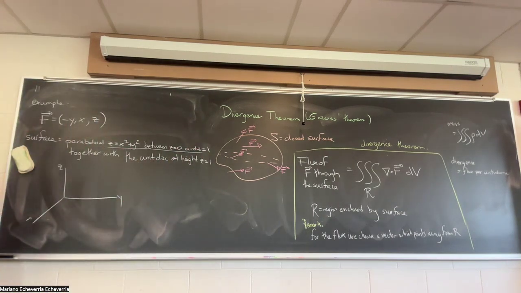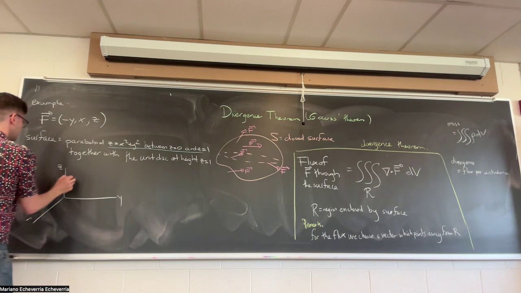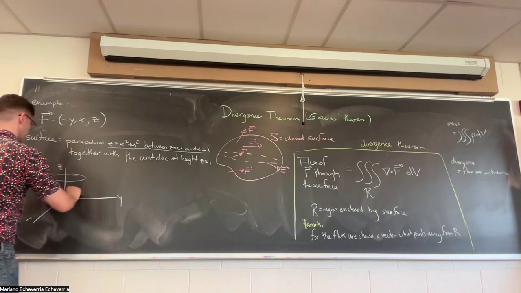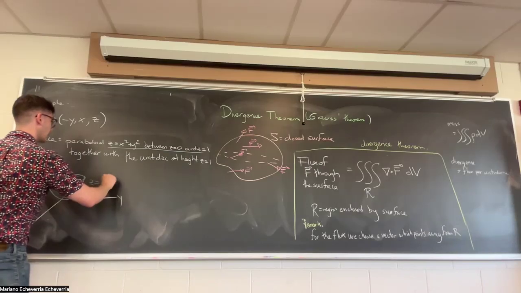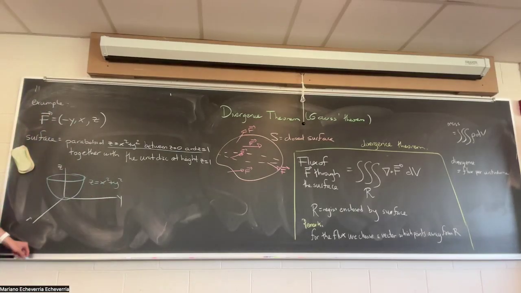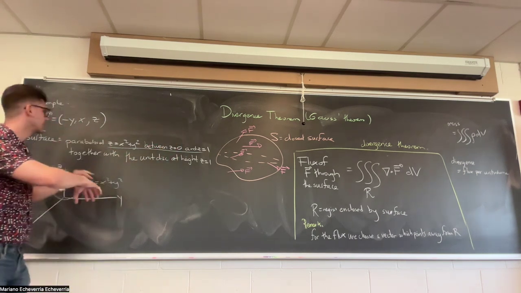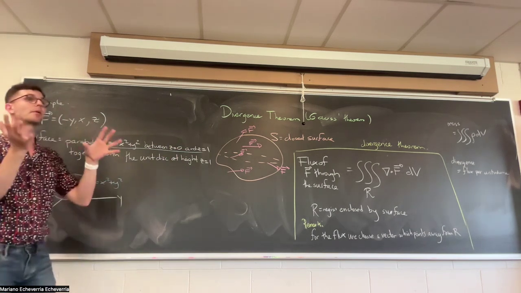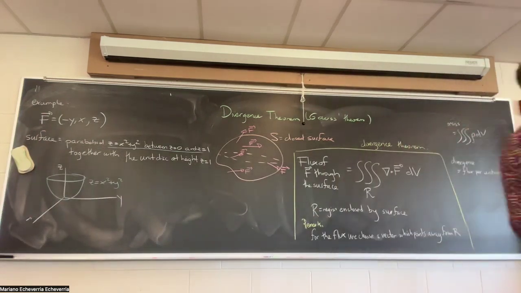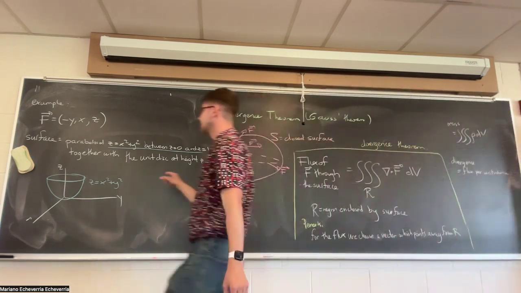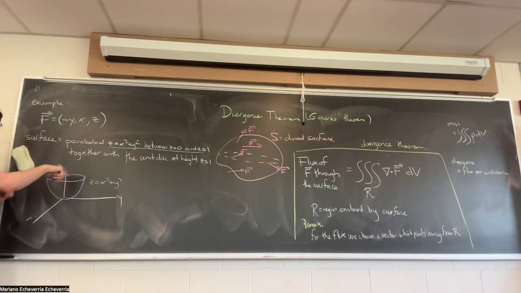Okay, so what is a paraboloid? The paraboloid looks like some sort of salad bowl, right? We have talked about it before. It looks like this. The thing is, the paraboloid on its own grows indefinitely if you don't put any restrictions on it. So that's why I'm saying we're just looking at the paraboloid between z equals 0 and z equals 1. That means we are ignoring everything after height 1 so that the paraboloid is finite in size. Now, that finite paraboloid does have an edge, right? Because it's the circle at height 1.